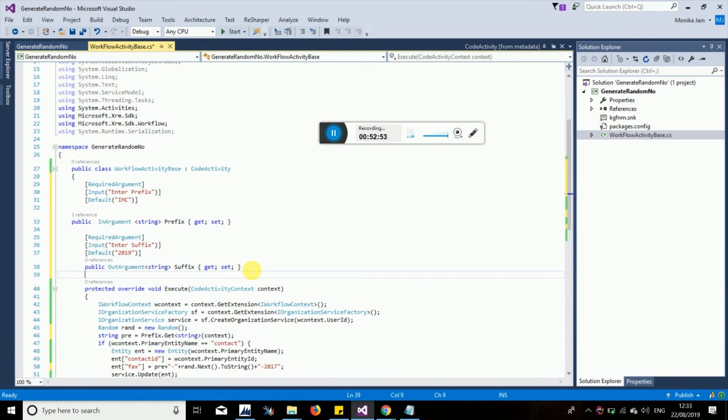and then after, here we have declared suffix also. Okay, prefix, this is the configuration for prefix, this is the configuration for suffix, right? So now we can store the value of suffix also.